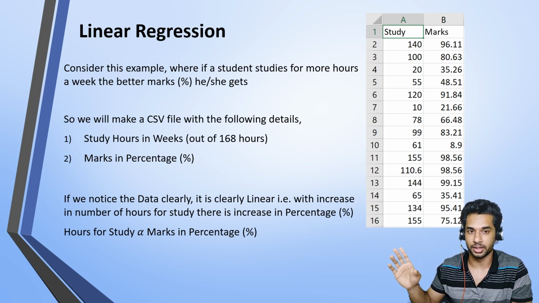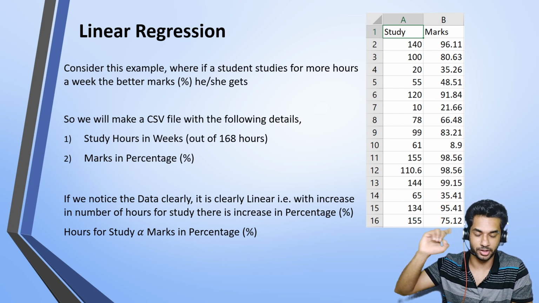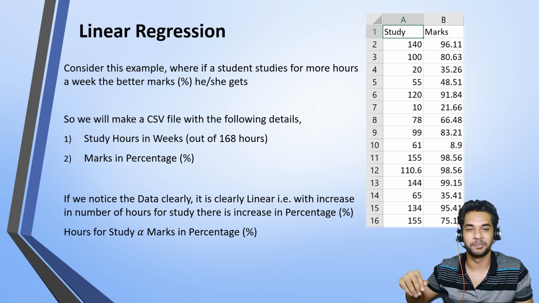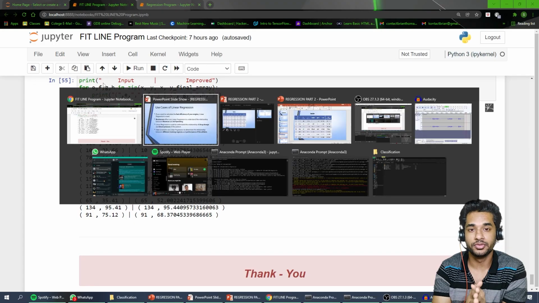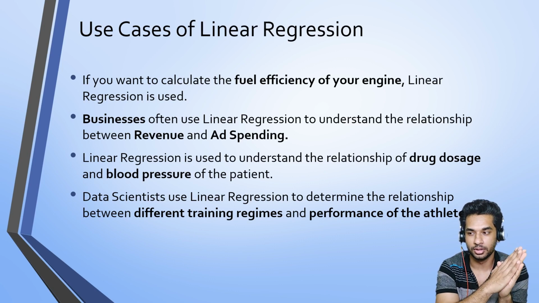Now if you notice the data, it is clearly seen that the data is completely linear. How much you will study is how much you're going to get. If you're going to study this much, you're going to get corresponding percentage. Therefore, the hours of study that you put in is directly proportional to the amount of percentage you're going to get. Cool. So before we come to the use cases of linear regression, we'll just go to the Jupyter notebook